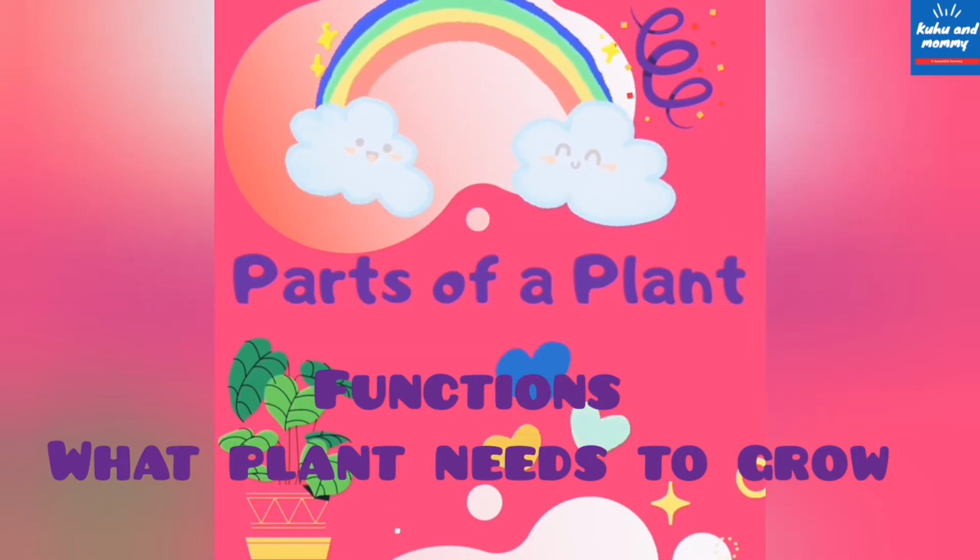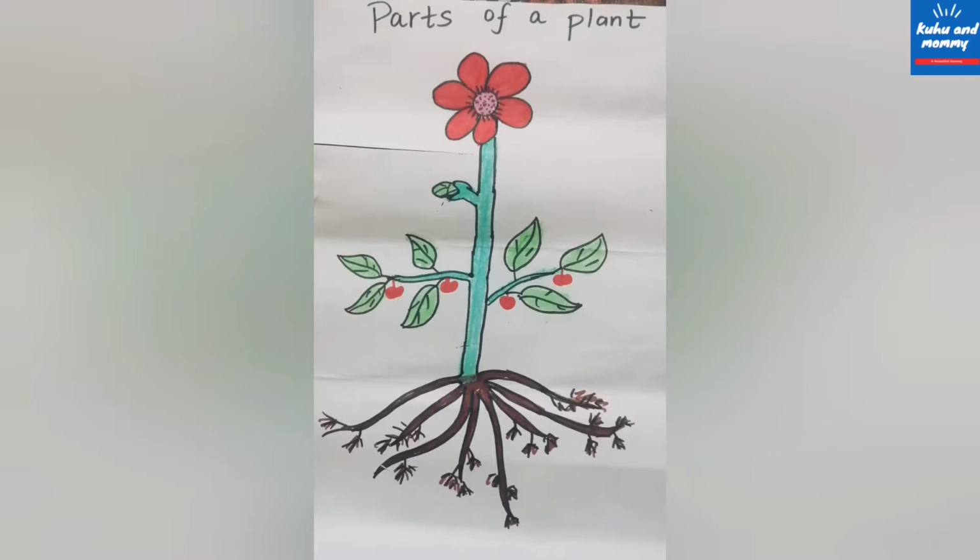So let's get started. The first thing that you have to do is show them the real plant, the real parts of the plant. We all have plants at our home, in our balconies or in the garden. So you can show them the real plants and teach them what all the parts of the plant are. You can show them flower, real leaves, real roots and stem and all those things. After showing them the real parts of the plant, we can proceed to the activities.